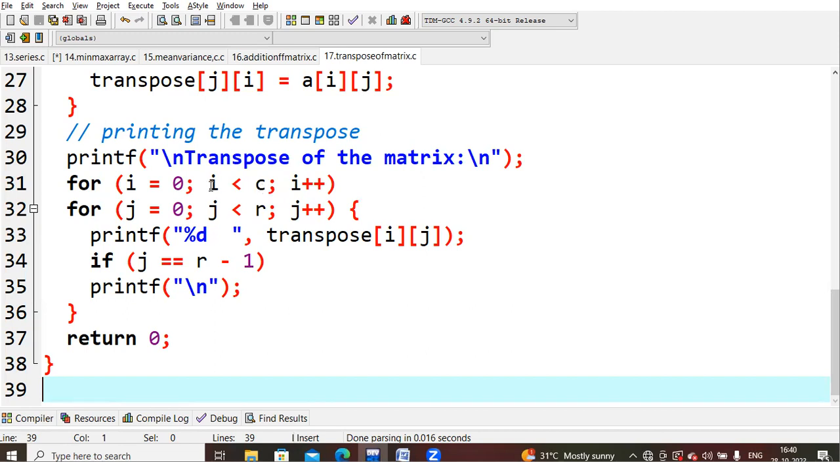For that reason, you are checking i less than C, and for the rows, j equals 0, you make it j less than R, and simply you will print the same transpose of ij value. Why am I taking ij here? I had created ji, so according to that, I had modified my for loop conditions. That is the reason I'm printing transpose of ij exactly. I'm not going to print transpose of ji here. Remember that one, because I had changed the